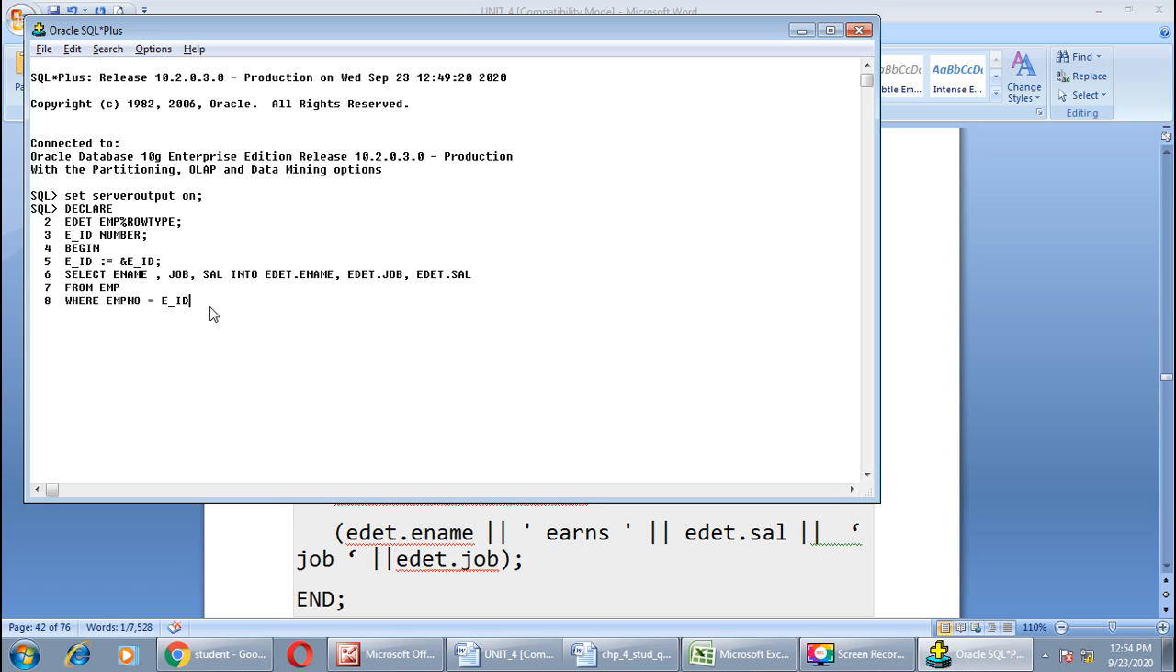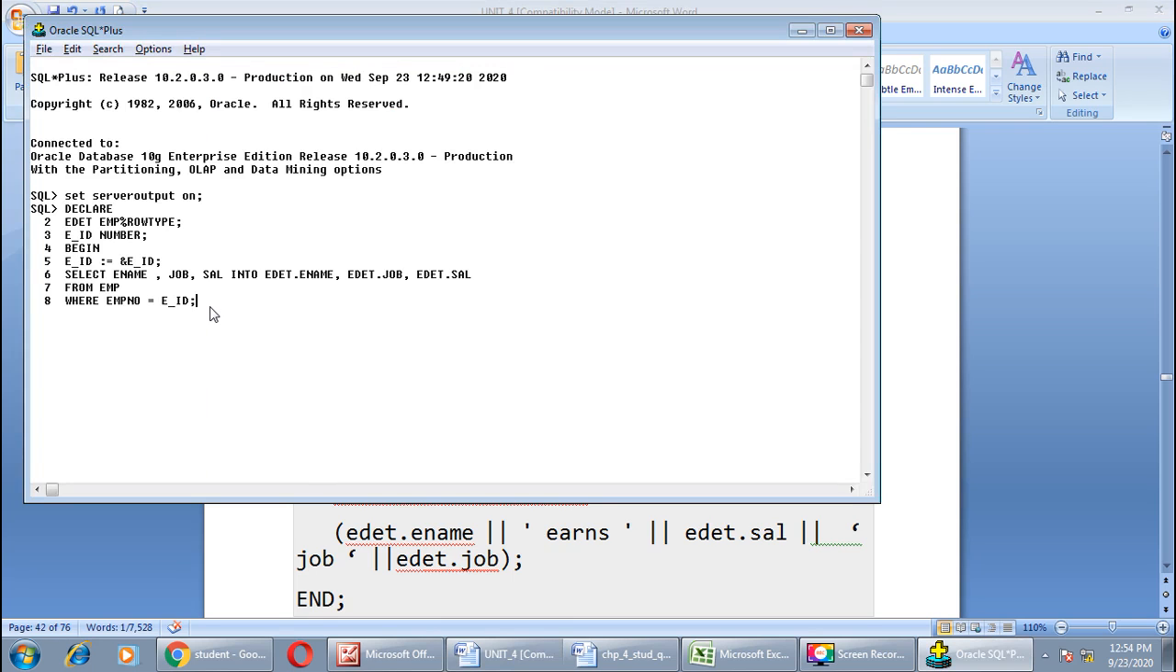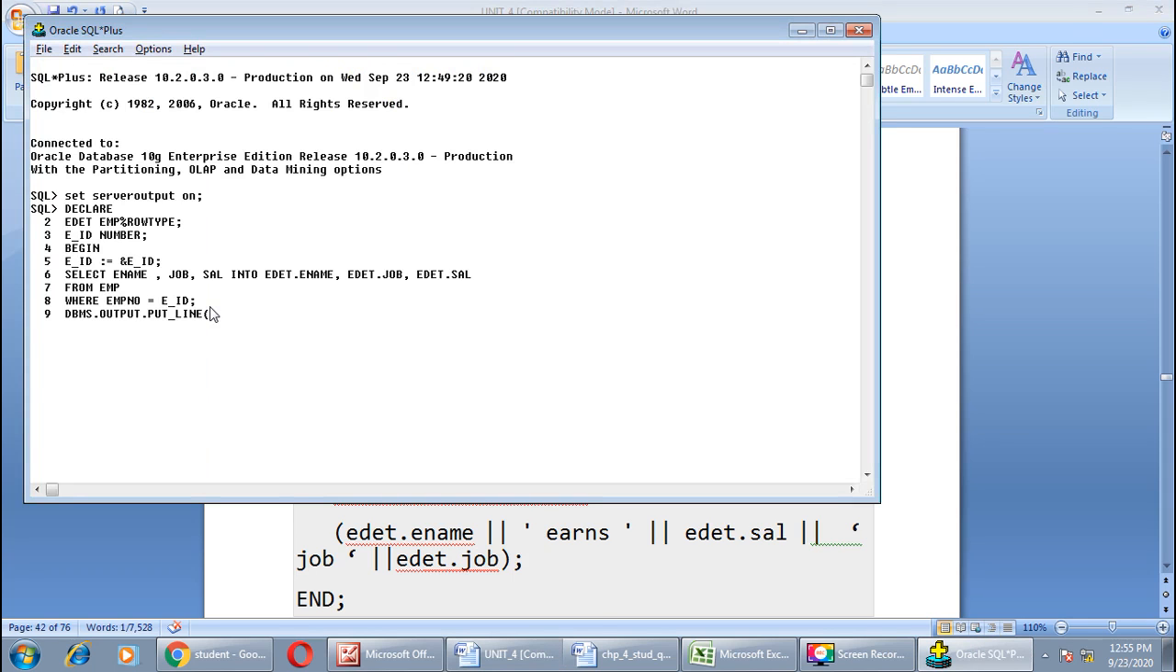Fine. Then semicolon. Now we want to print all these values, that we can do with the help of dbms_output.put_line. Go on the next line, dbms_output.put_line. Okay, now inside the bracket you can